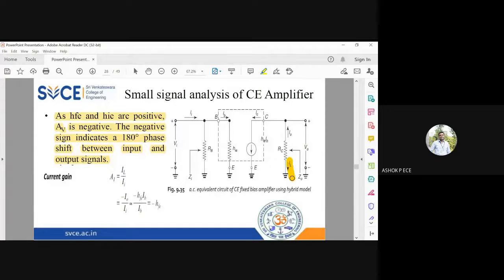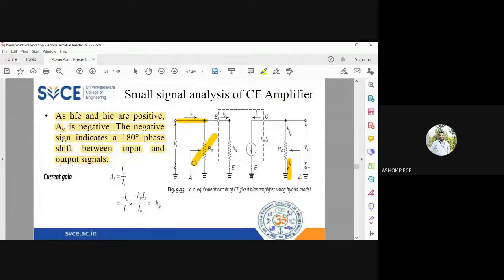Output current is IL. Input current is Ii. So IL by Ii. IL and Io are flowing in opposite directions, so IL will be equal to minus Io. Io is equal to IC. IC is equal to hfe times IB. So if you simplify, AI equals IL by Ii, which is minus Io by Ii, which is minus hfe IB by Ii, and Ii and IB